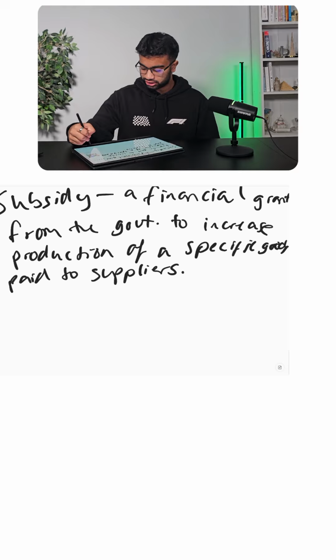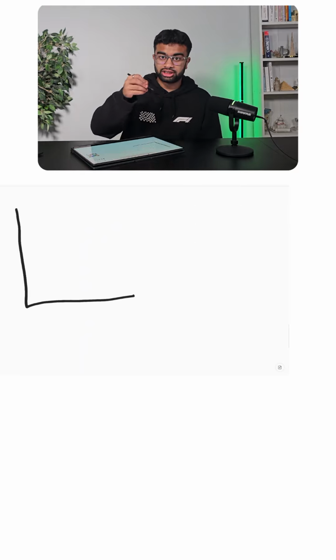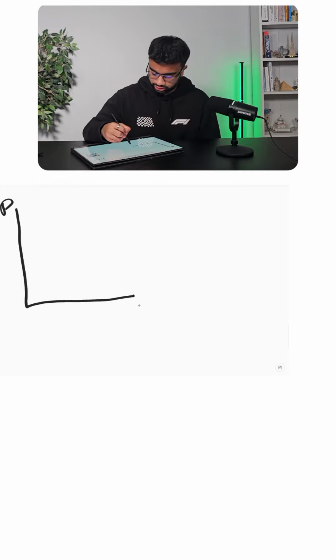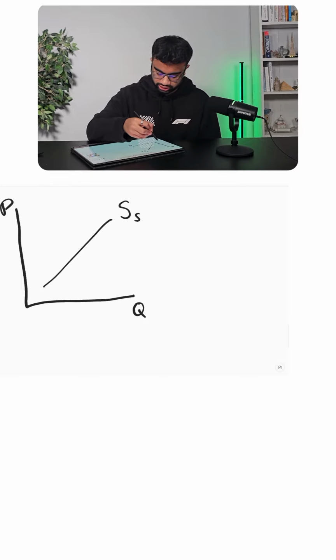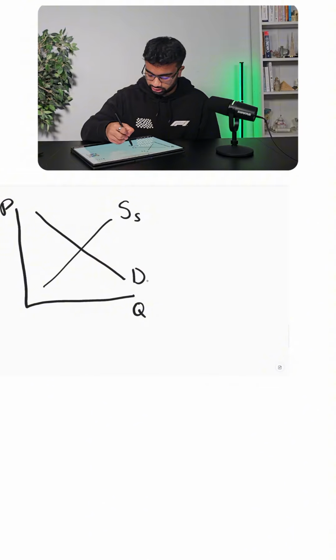So if you were to draw a diagram for this, we would have the original market, which would have price, quantity, and the supply of solar panels is that, and the demand for solar panels would look something like this. But now we're told that there is a government subsidy on solar panels, which means there is money given to the companies producing this, and that would shift their supply to the right because they're now willing to supply more